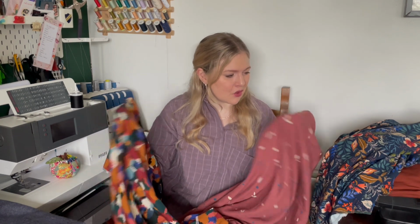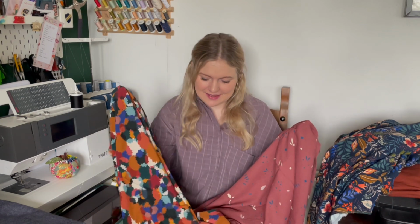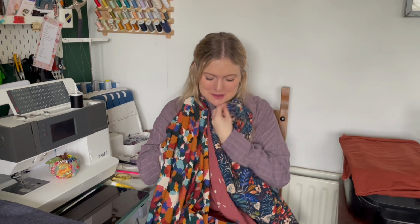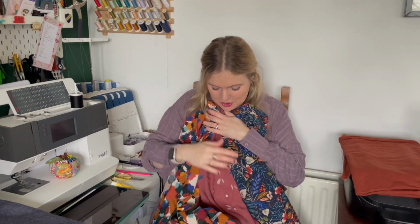But I love them. They're all perfect for blouses. I think soft blouse, Nepheline if I can fit it, or Anthea, and then a Patina. I think those are my options now. It could change, who knows, but they will all be blouses. And I had pulled them all out recently because it kept playing in my mind what pattern I was going to use for which, and I thought if I see them all together I might be able